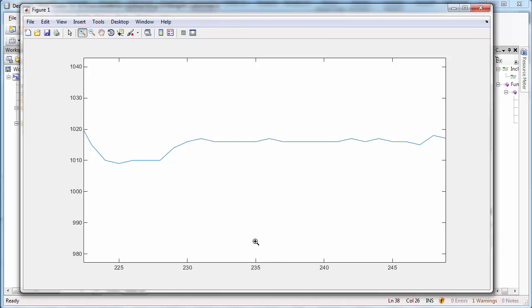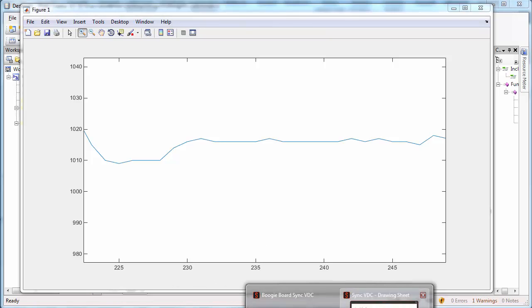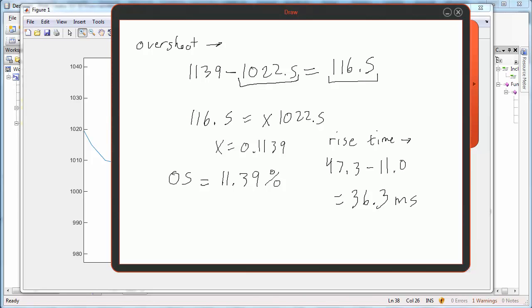So the settling time here, it stopped moving at about 235. So if I go back to the calculations, we've got 235 milliseconds minus the time it started moving, which was 11, and we get 224 milliseconds for the